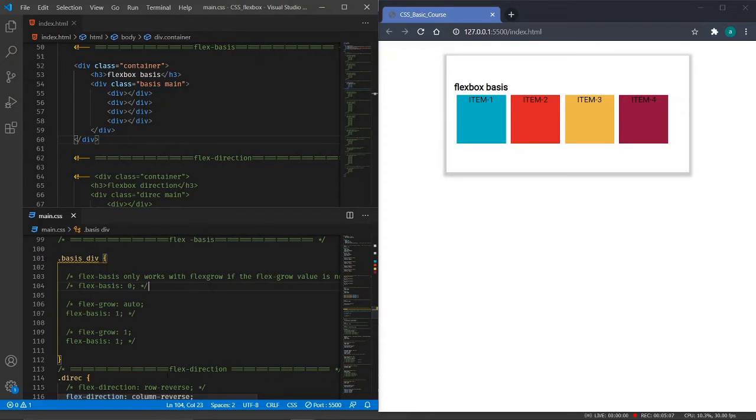So we should make sure that we have a flex grow value also. The default flex grow has a value of auto. If we add flex 1, it will be a similar type of thing. If I am adding the below code, like the flex grow of 1 and flex basis, so as you can see,